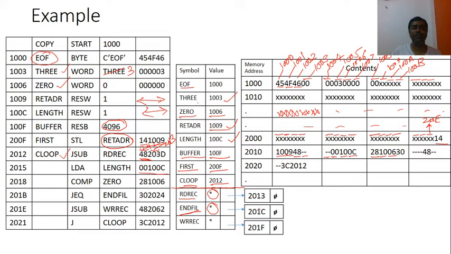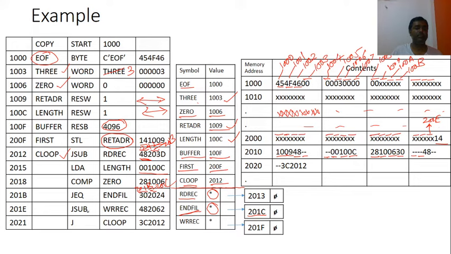And we have to maintain the list where ENDFIL is required. This instruction is written at address 201B. So this address will be 201B, and the next address will be 201C. So I require the value of ENDFIL at address 201C. So here it is written 201C. And just load only 30, because I don't know the value of ENDFIL at this point. So just load 30 and leave 2 bytes of memory blank.